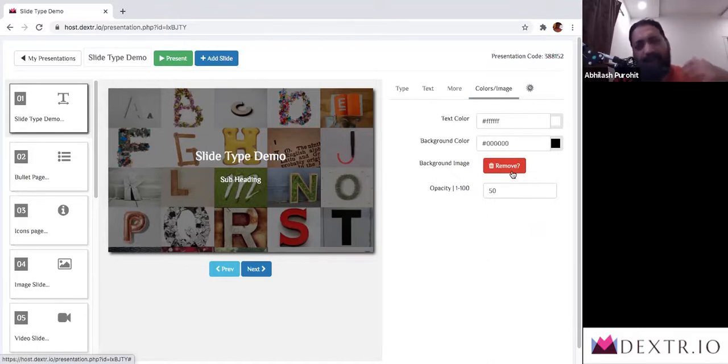Because if you set a very high size image as your background, the people who are going to be using this, the participants, are going to struggle a bit because it takes a little time to load on all screens. So be very careful to upload a small image. We are going to optimize the image size also, but if you try to upload something over 10 MB, we will not be accepting and uploading it.